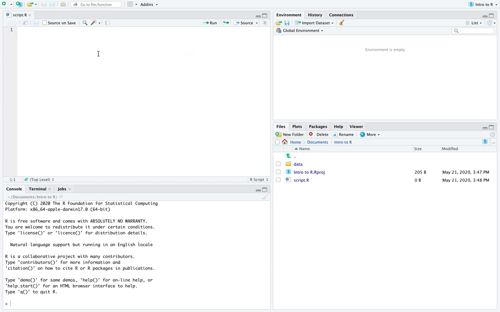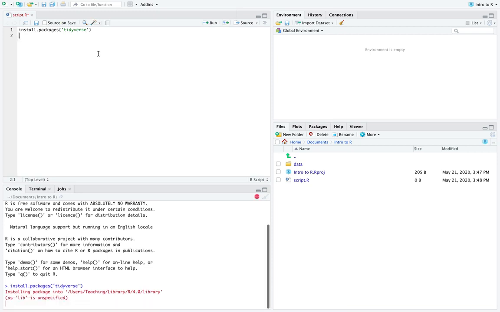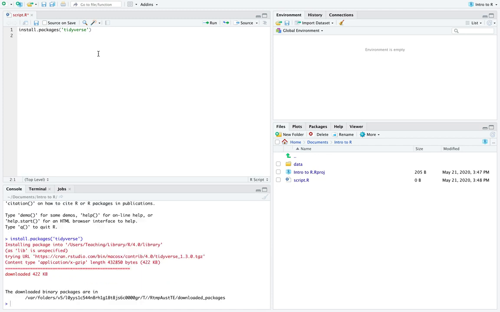So what I'm gonna do first is install the package that I want to use. For that, I'm going to install packages, and the package is called Tidyverse. This is really fast for me because I already have it, but if you don't, then it will take a little bit, but don't worry, not too much. I already did this, I don't need to do this anymore, and because of that, I'm going to comment this command